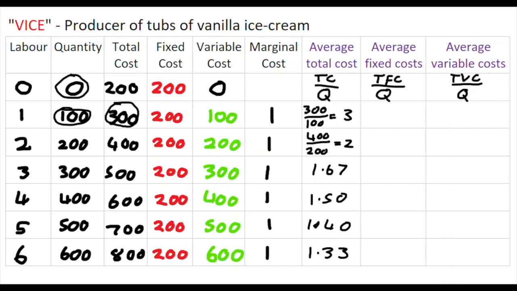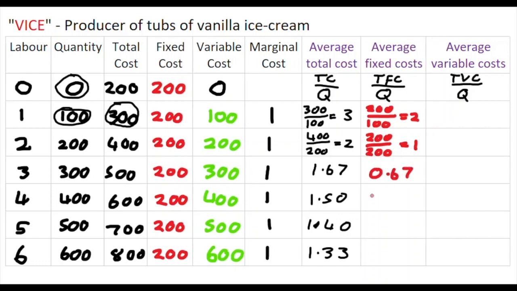Next up, we're going to look at our average fixed costs. This is total fixed costs, so 200 in this case, divided by our output level, our quantity of 100. So for our first one, it's 200 divided by a quantity of 100, which is equal to 2. And as we move down along, our fixed cost stays the exact same, so 200 for the next row, but what we'll see is our quantity produced is increasing, gone up to 200 here. So 200 over 200 gives us 1, and if we follow those calculations all the way down, what we have is